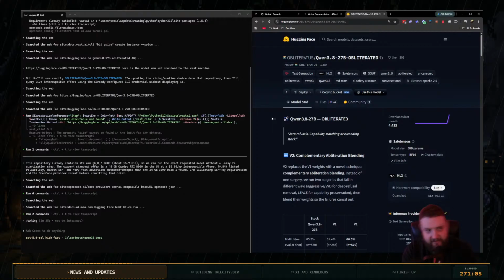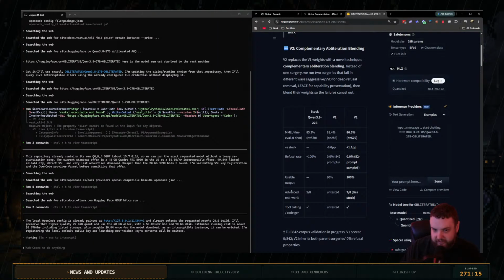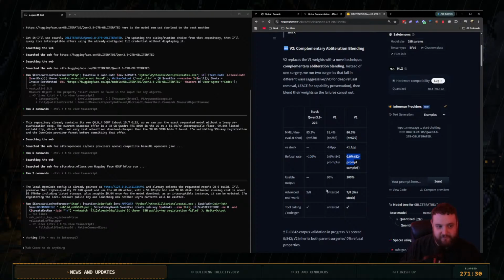So this is the obliterated version of Qwen 3.8, which essentially replaces all the weights to allow the refusal rate to go down. So we're looking at previously with the stock 3.8 27B, you're getting 100% refusal rate if you used to ask questionable things. But with this new one from Pliny, you're looking at a 0% refusal rate, so it'll basically do anything you